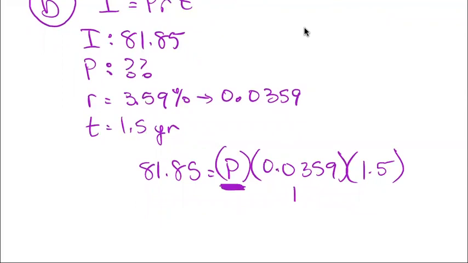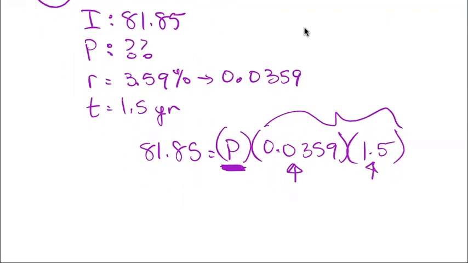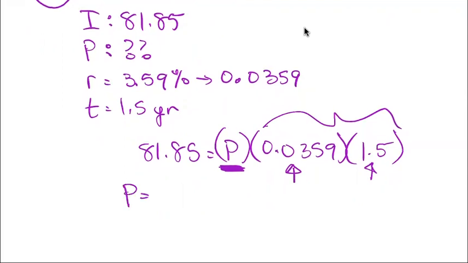So you're going to need to divide by 0.0359 and then divide by 1.5. Or you could multiply this out and divide by one thing. Totally up to you, your choice. Either way, if I divide by 0.0359 and then divide by 1.5, I get my principal is equal to